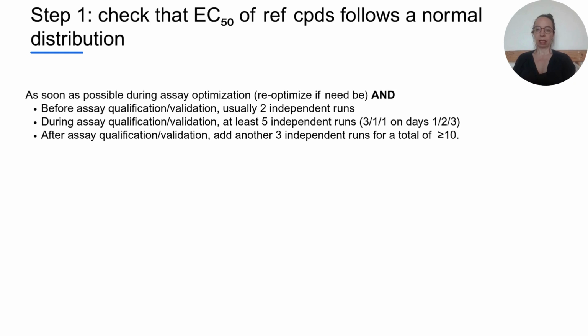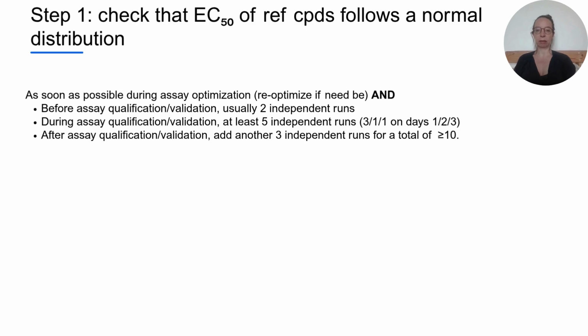And then, just around the assay qualification or validation, please check the usual 2 independent runs that are performed before the assay qualification or validation, then the 5 independent runs during the assay qualification or validation, and please add another 3 independent runs after the assay qualification or validation, so that you arrive to a total of at least 10